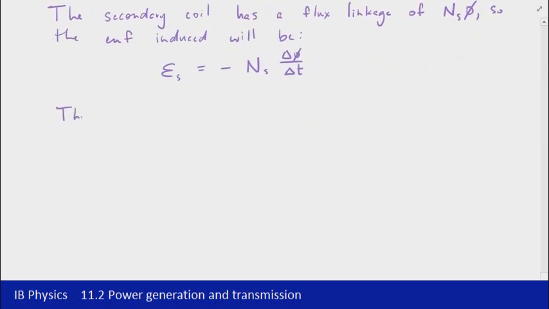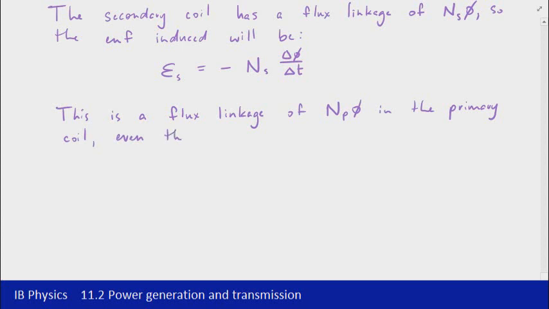There is actually also a flux linkage in the primary coil as well. Now this might seem a little bit odd to suggest that there's a flux linkage of Np phi in the primary coil, considering that it was the primary coil, or the current in the primary coil, that produced the flux in the first place. So even though that potential Vp is inducing the flux,